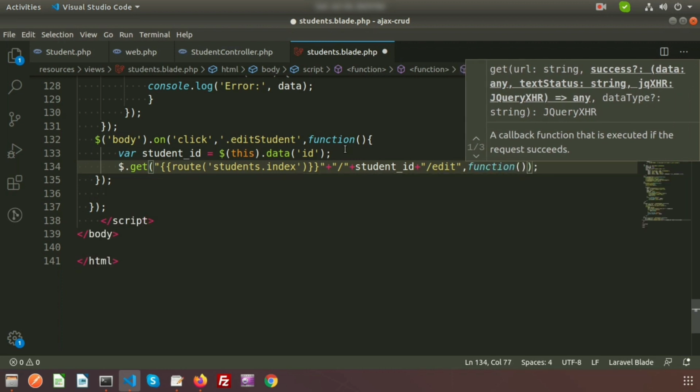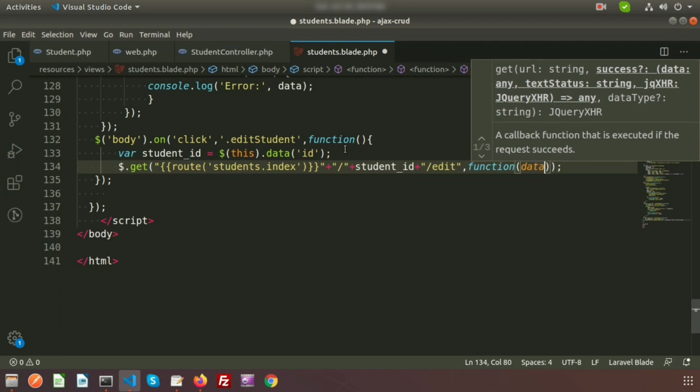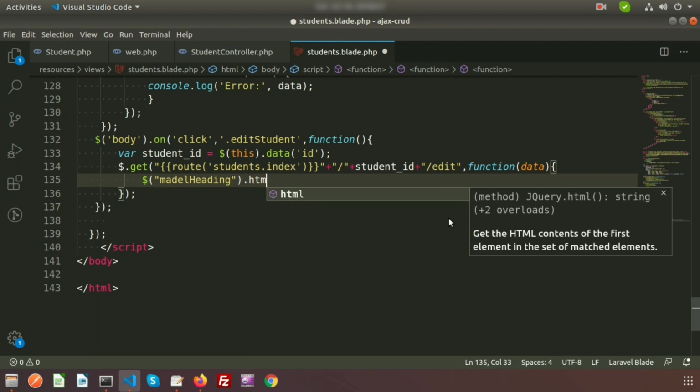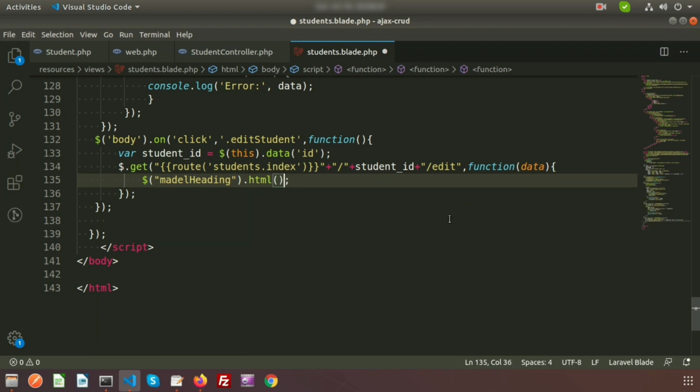Okay, so this is the closure function, and here we'll just pass the data, and here we'll pass the modal heading, suppose dollar modal heading, so modal heading will be the .html, so here will be the edit student,